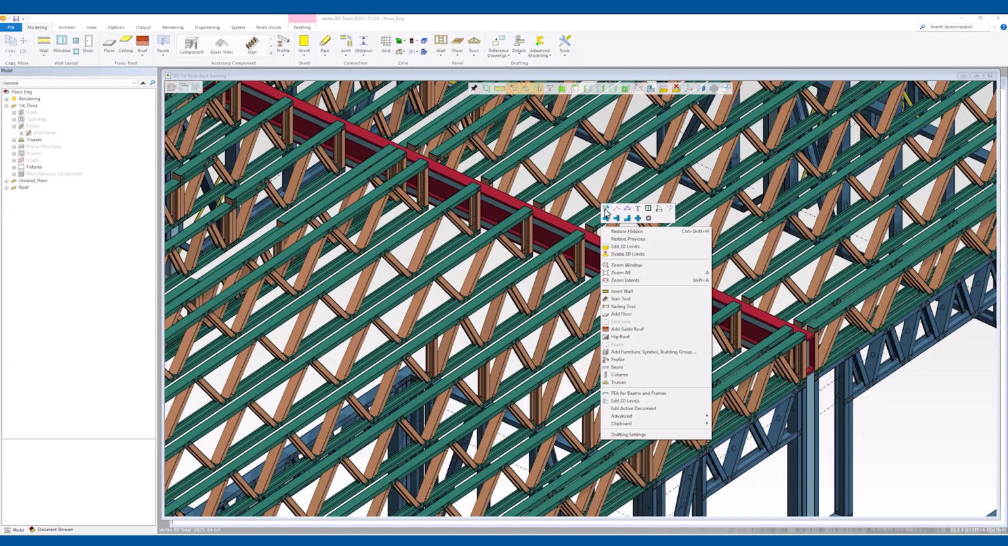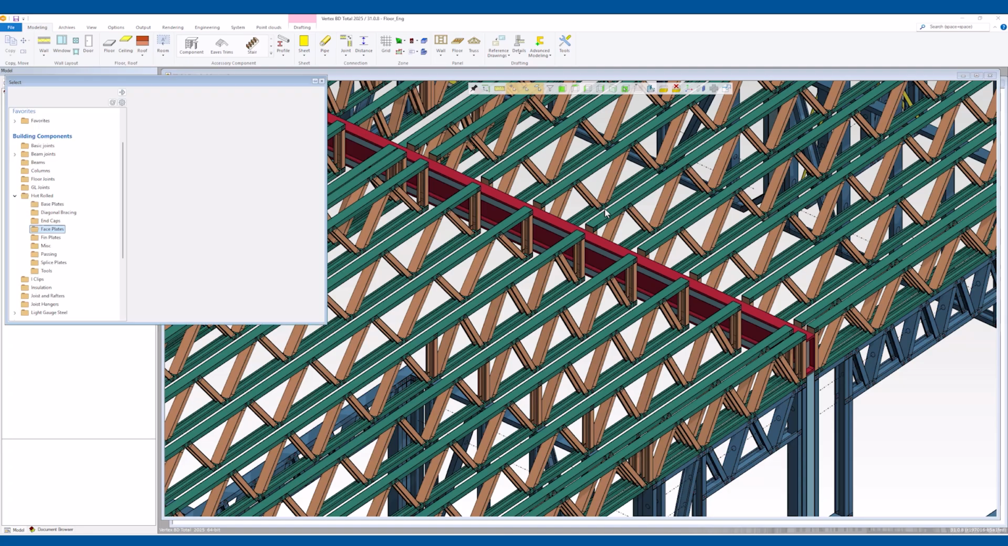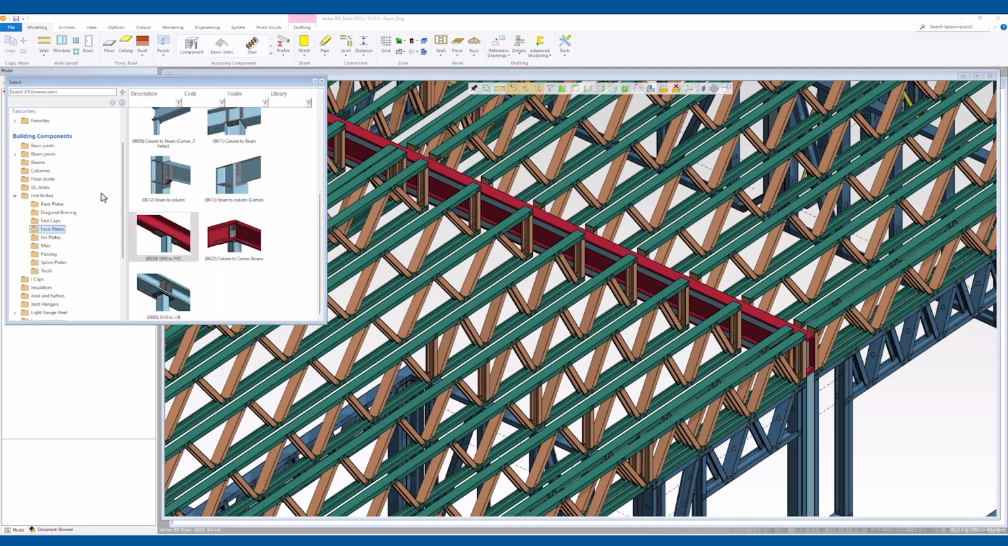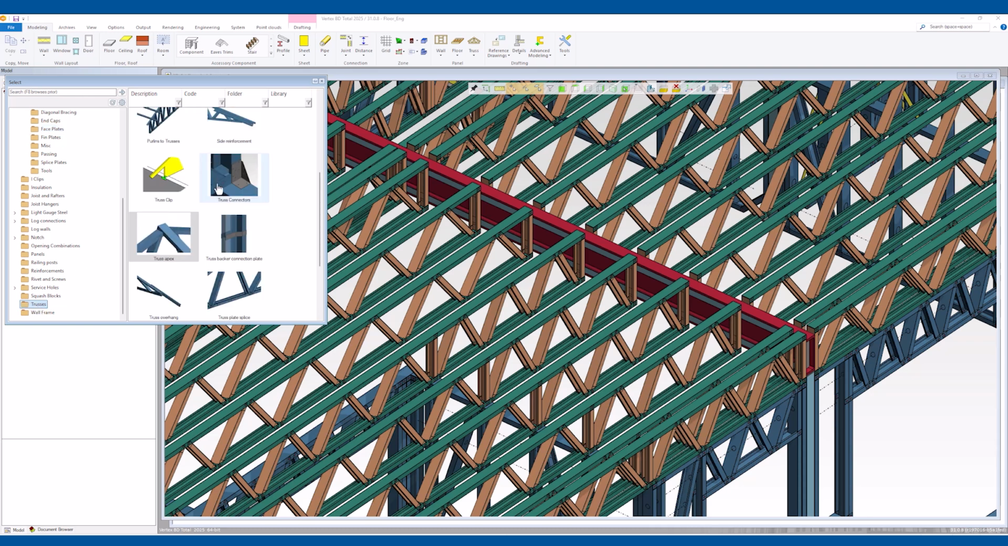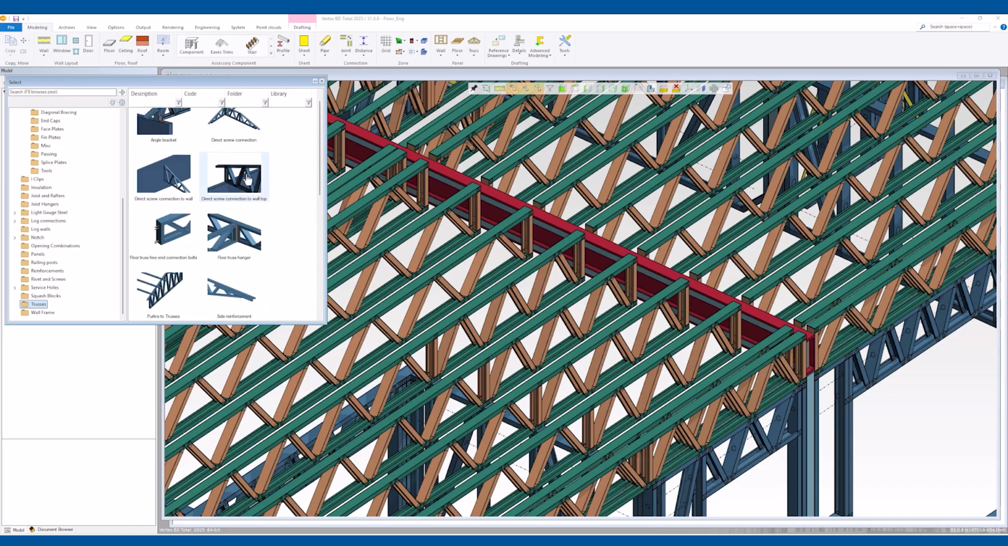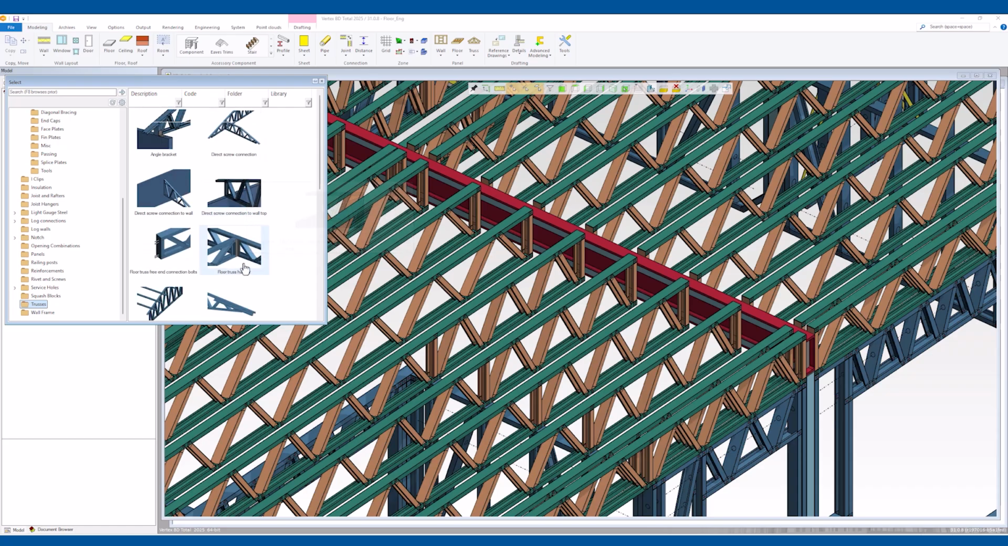To connect the floor trusses to the beam, the most commonly used joint would be the one in our truss connection joint library, which can be found in the folder down here. And the most commonly used one would be this floor truss hangers. Just double click this one